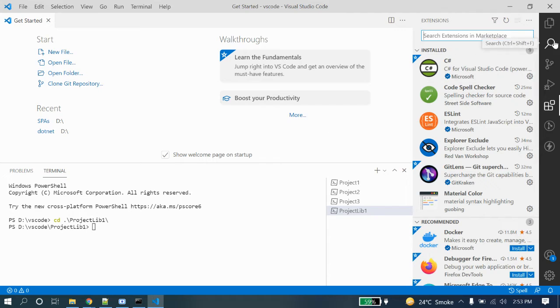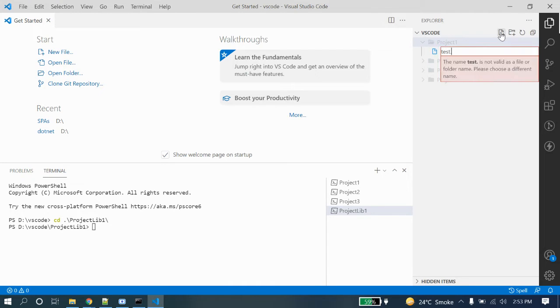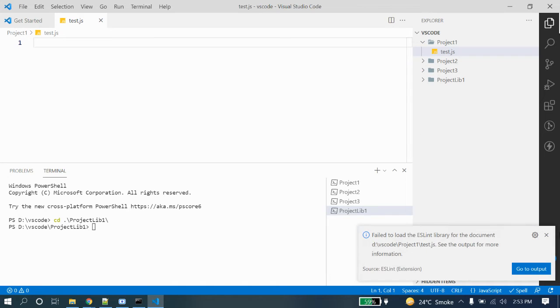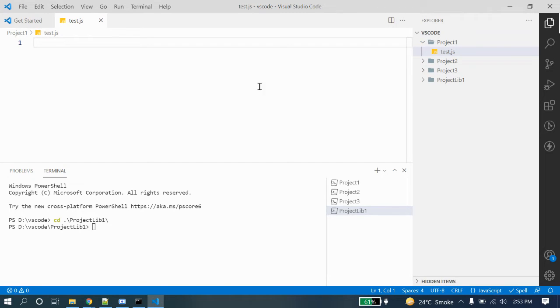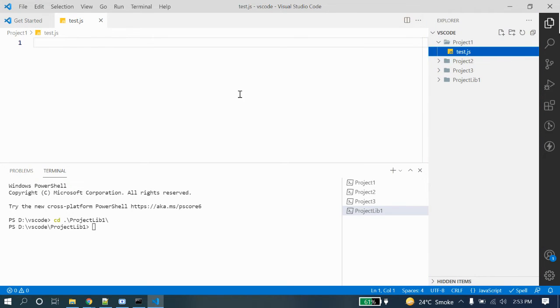So suppose I have created a file here, test.js, and I am working on that. I have to close this window and close this window whenever I switch.